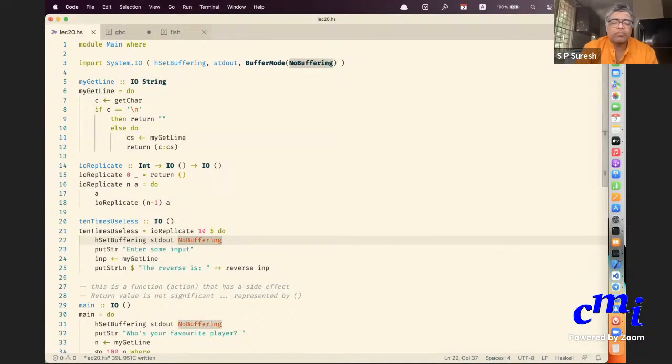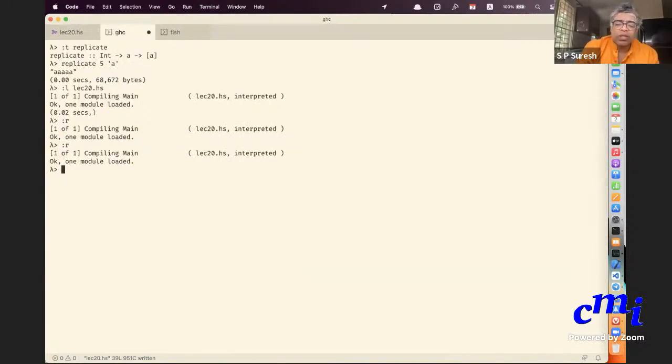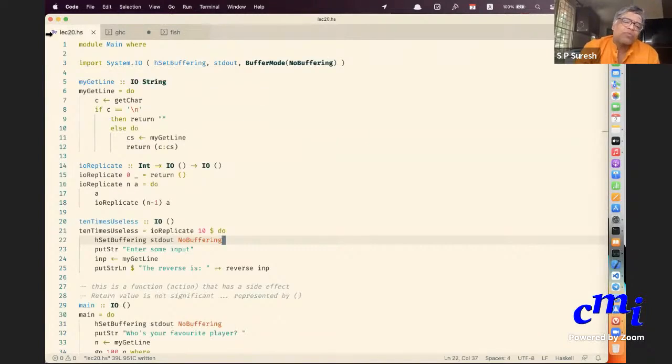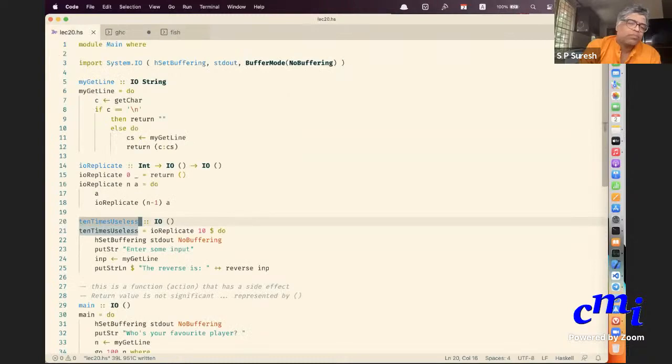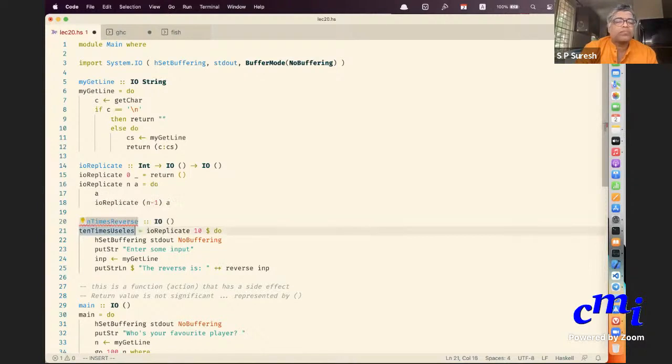And then what am I calling? Rather than calling it useless, I am saying 10 times reverse, let me call it. So this is my function.